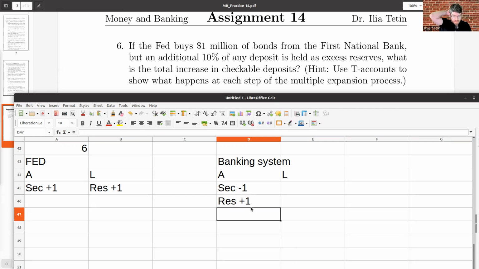So this is the initial effect of the open market operation. Then using these extra reserves, the banking system should provide loans, and it provides